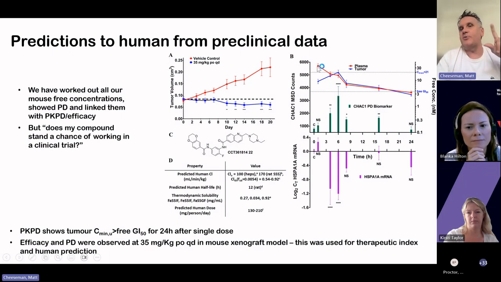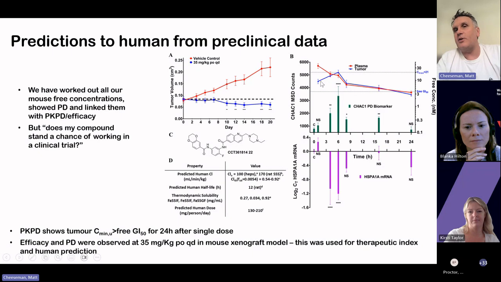But if we'd only taken samples from the plasma, then we'd have seen this delay between these two points, because our maximum concentration in the plasma occurred at 1 hour, not at 6 hours. But nonetheless, when we understand that these two go together, you can see nicely a correlation, as we see the significant increase in this CHAC1 protein corresponding to our Tmax. And then as the concentration in the tumor begins to drop off,